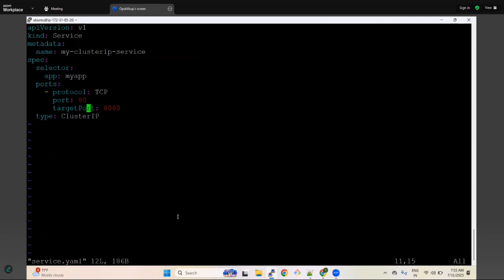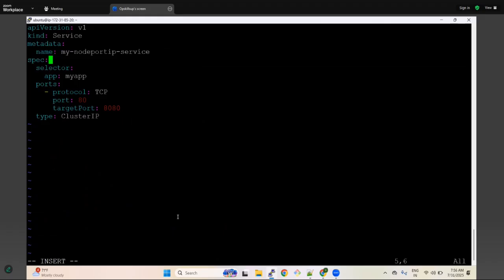I'll keep it as API version v1, kind service, metadata my node port service. Instead of cluster IP, I'll keep it as my node port